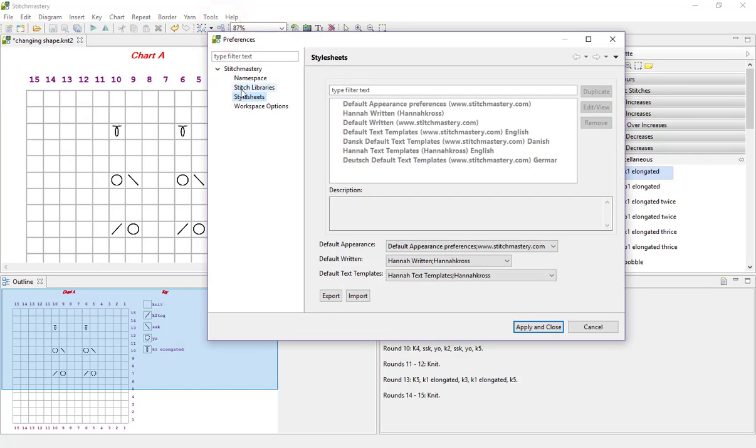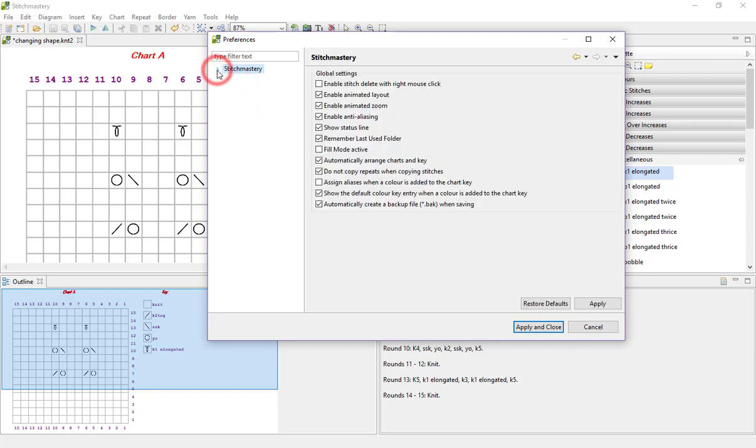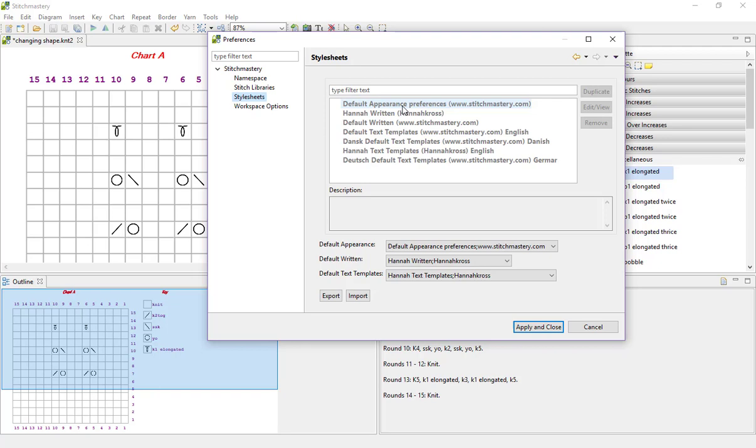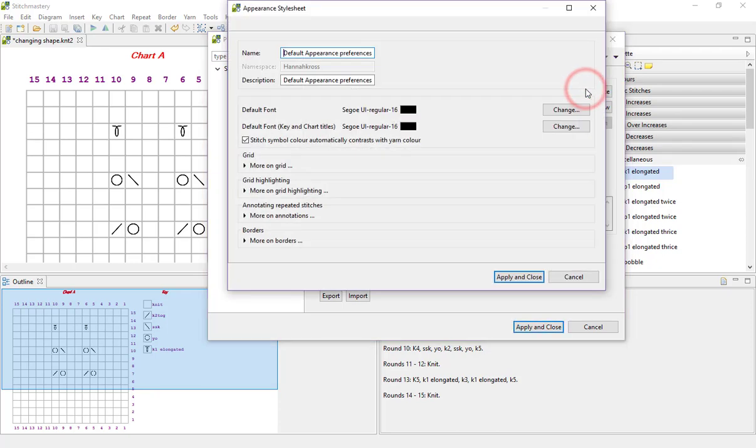Open Preferences, and we've got the Style Sheets option, so you may need to click the drop down arrow here and open Style Sheets. So as you can see at the top there's the default appearance preferences, but I don't have a customised appearance preference for myself. So I'm going to duplicate the default and we'll call this Hannah Appearance Preferences.